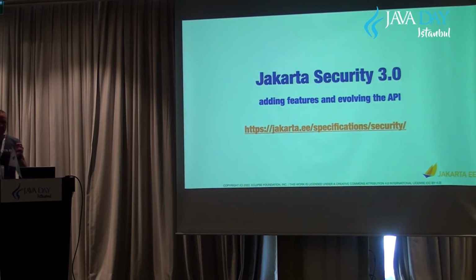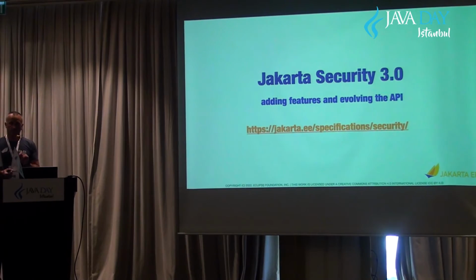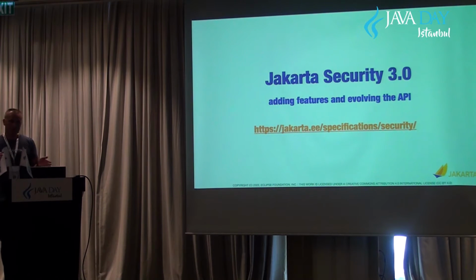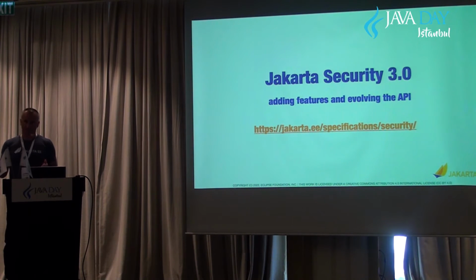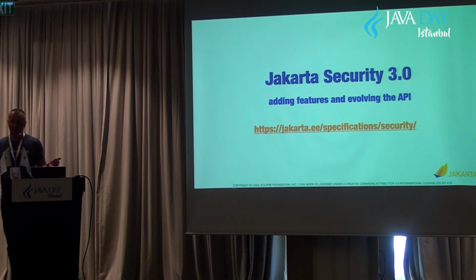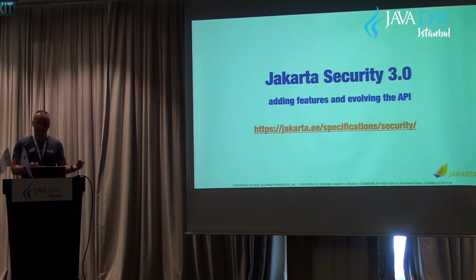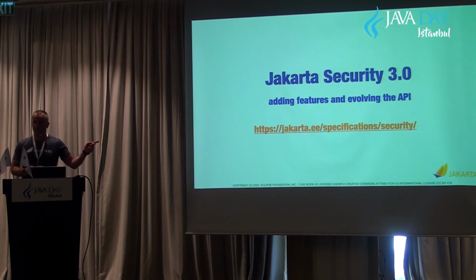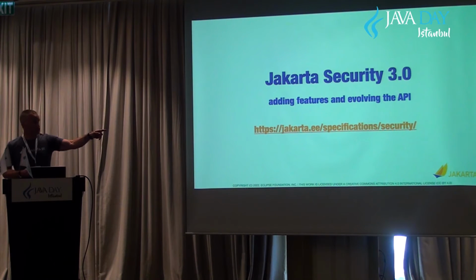And Jakarta EE Security 3.0 is evolving the APIs that were created in Jakarta Security 1.0. Security 2.0 was just a namespace change for Jakarta EE 9, so they didn't add anything. So with 3, we're adding features to the API. And you can find everything you want to know about security under Jakarta